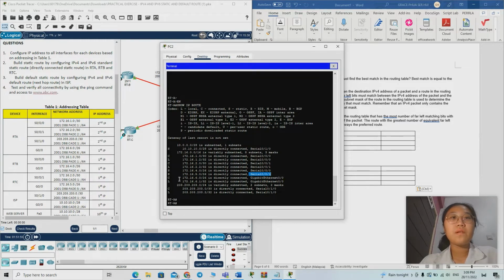And S means static, C means connected, L means local,